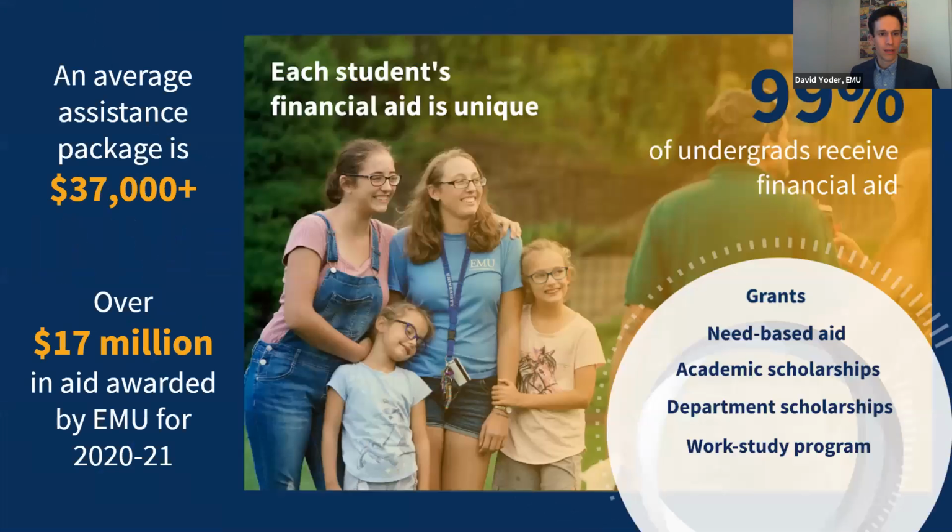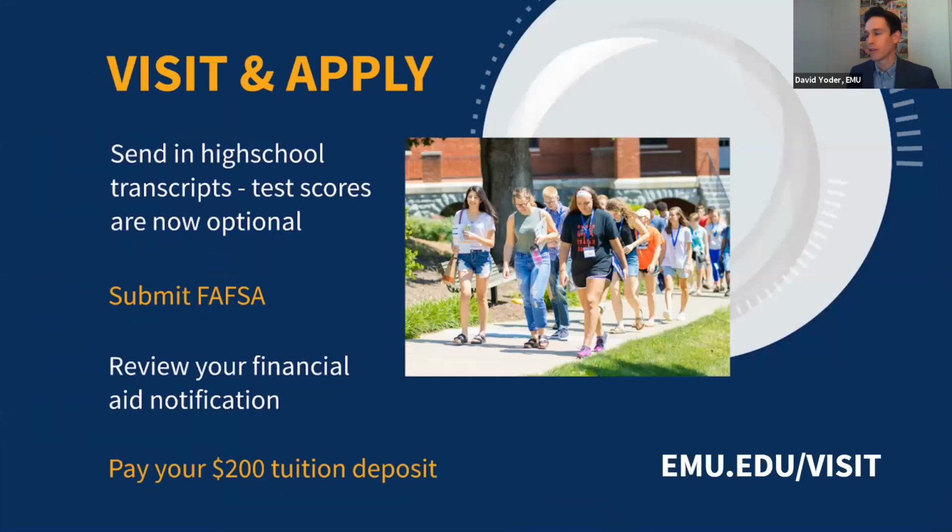And finally, I know you're wondering, how am I going to pay for this? We are a private school, and some people worry about the cost, but 99% of our undergraduates receive financial aid, and our average assistance package is over $37,000. So I would encourage you to visit and apply. We do have in-person visits. You can sign up by going to emu.edu/visit or fill out our free application at